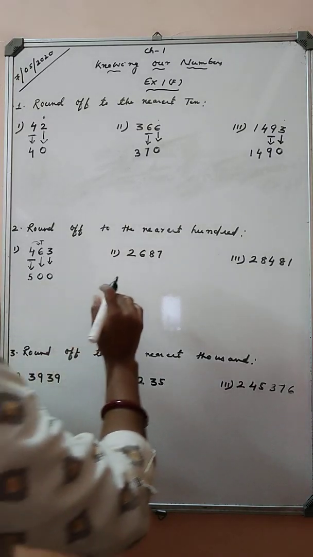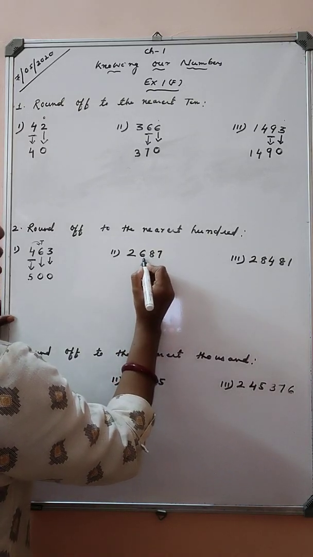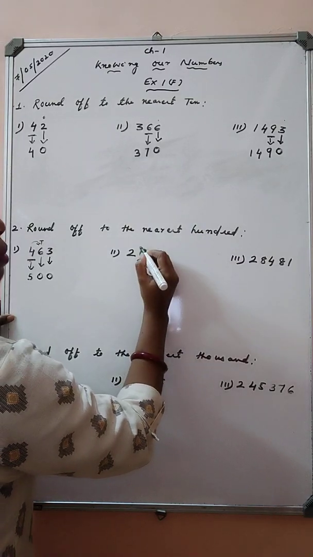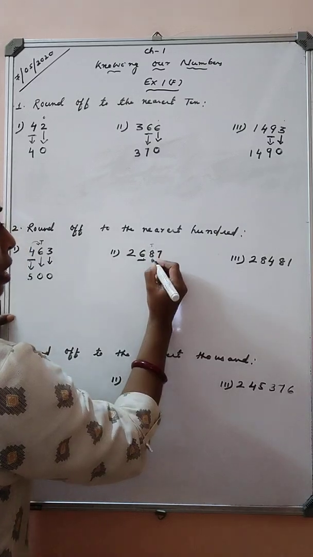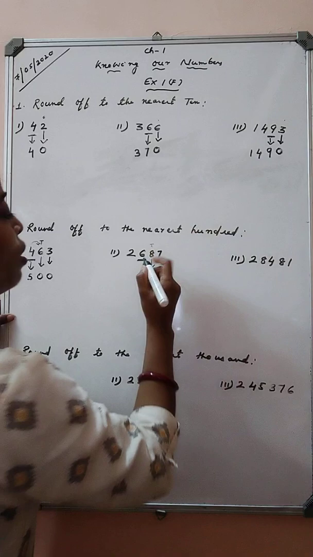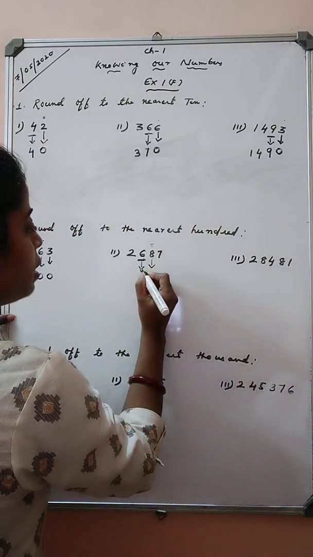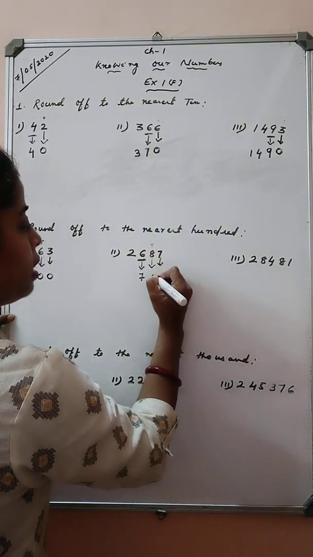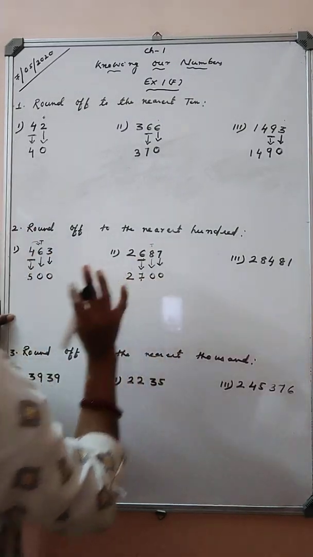Okay. Now let us see the second question. Ones, tens, 100. So this is our rounding place according to the question. So we have to see the previous digit, that means the digit at tens place. Our digit at tens place is 8. It is more than 5. So the number will be rounded up. Means 6 will become 7. We will add 1 to this number. And this number will be replaced by 0. And 2 will remain as it is, 2.